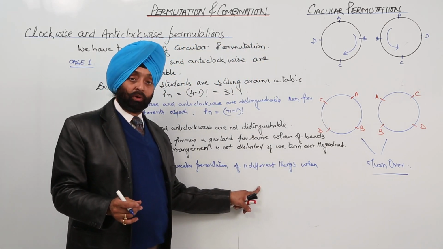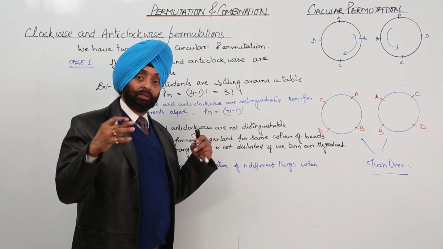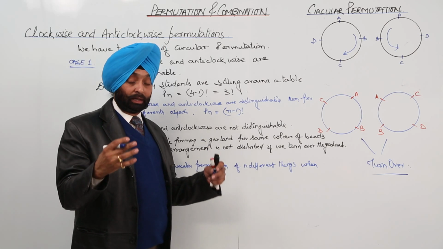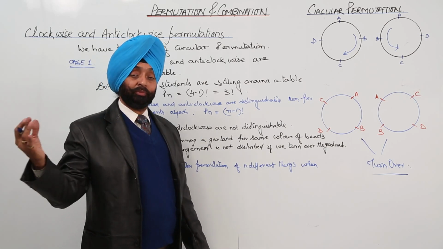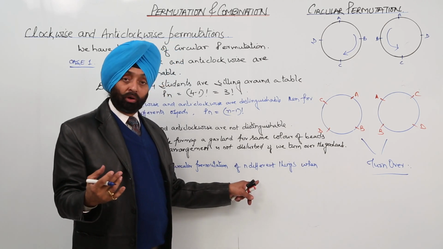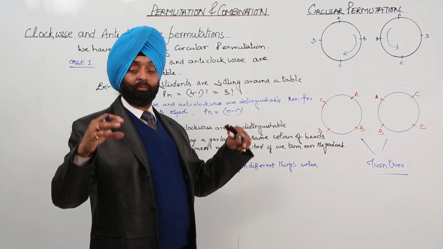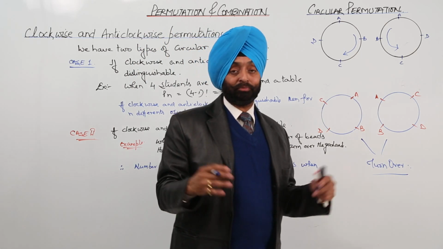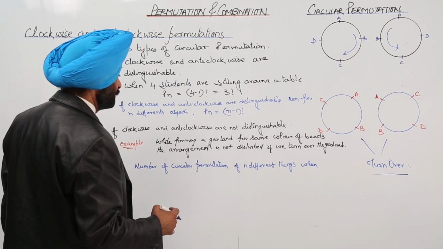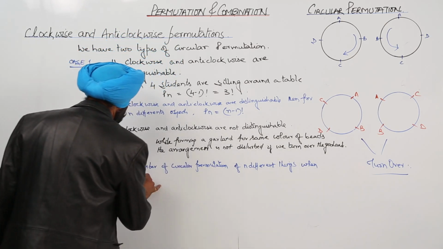N different things means what? Not different things in the same garland, you can say. I am not talking about a garland with rose, lily, jasmine like this one. Garland with only rose, and different is what? It can be all the roses, it can be all the beads, it can be all the jasmine like this one. Okay. So, number of circular permutations for n different things when